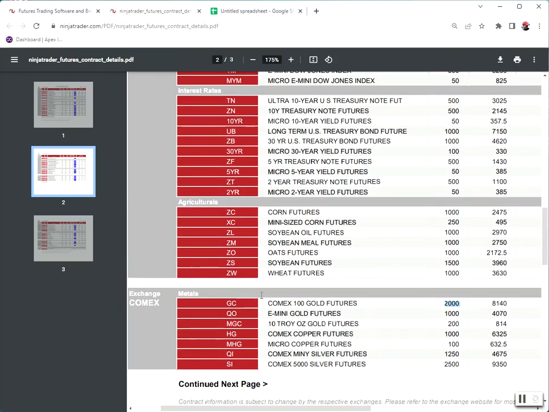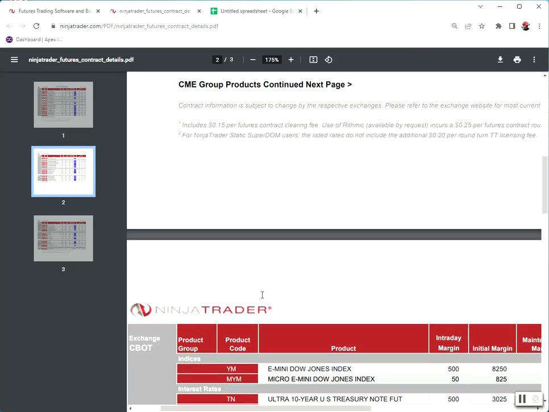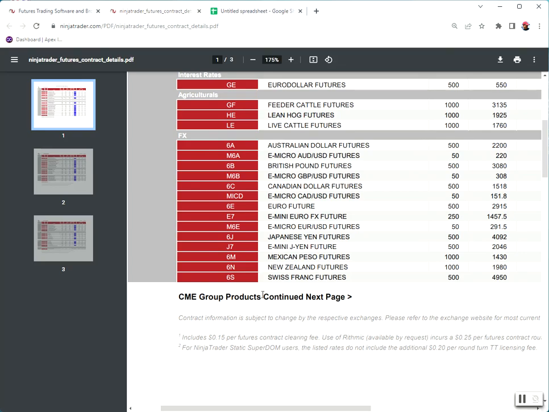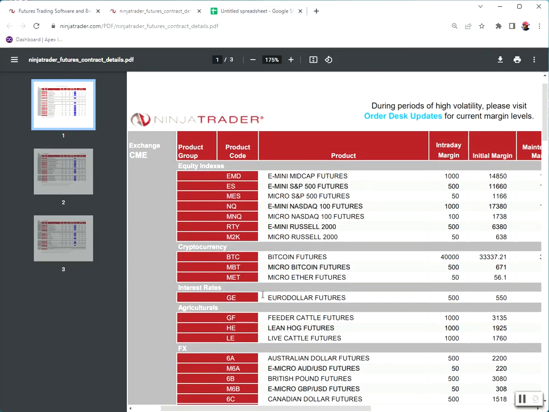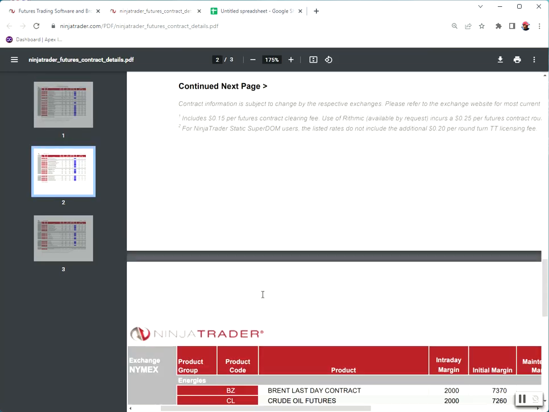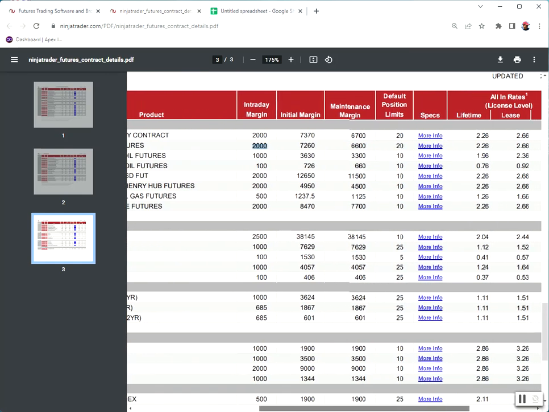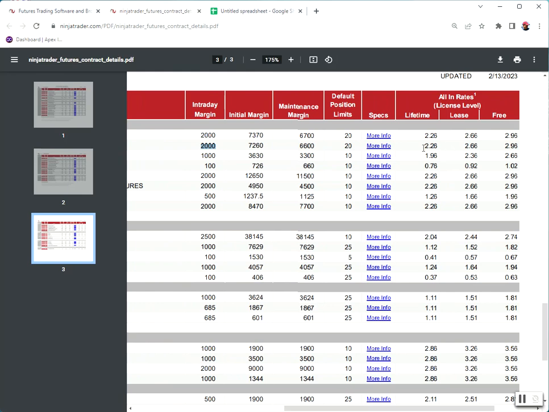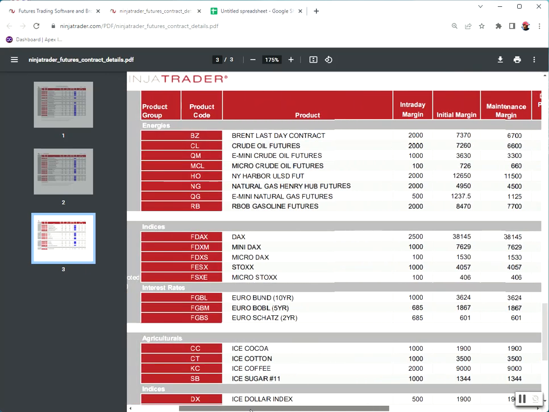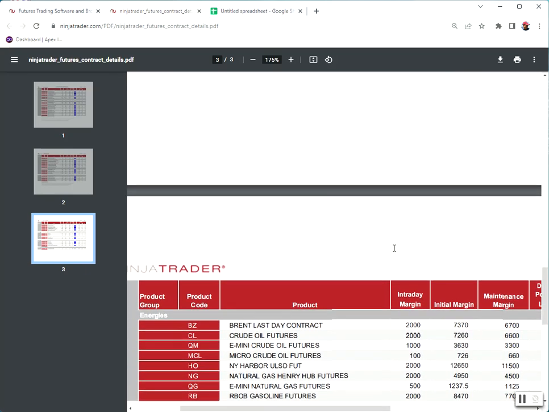There's another instrument that we're going to trade, which is crude oil, and the symbol is CL right here. That's the energies CL. It's crude oil futures, and you have to have $2,000 in the account to trade one contract. And for the lifetime, the lease, and the free, the exchange fees are right here, somewhere around $4.50 and some change. So okay, these are the numbers, the funds that you need in the account to trade